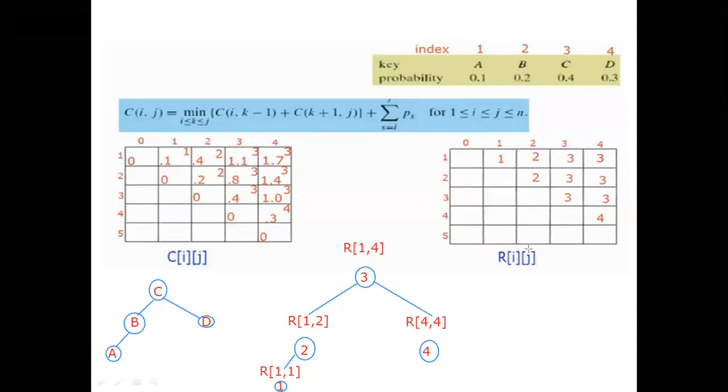In the next slide, I will explain the algorithm very clearly. Please understand that algorithm also. Why? Because that algorithm was asked in a previous year question paper. And again I am saying, this is the last optimal binary search tree you have to draw. If you want to draw this one, you have to draw this one also. I hope it is clear. In the next slide, we will see the algorithm for optimal binary search tree.